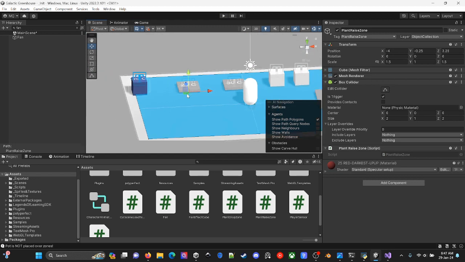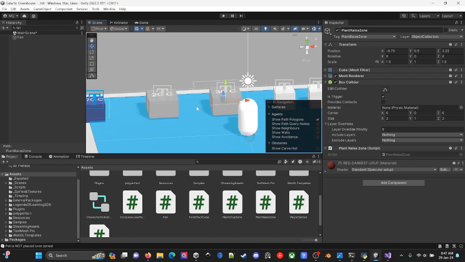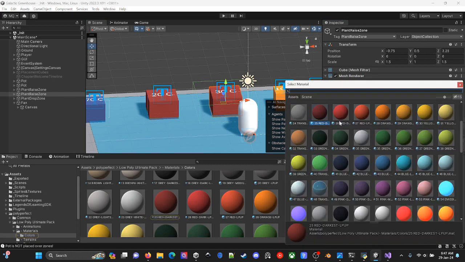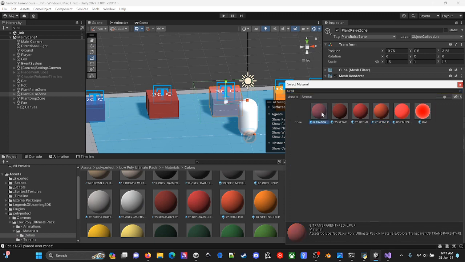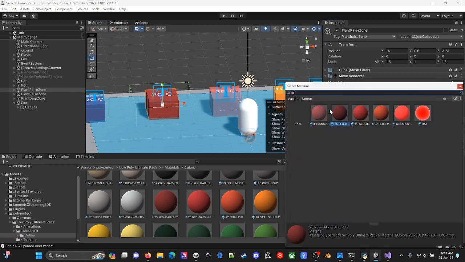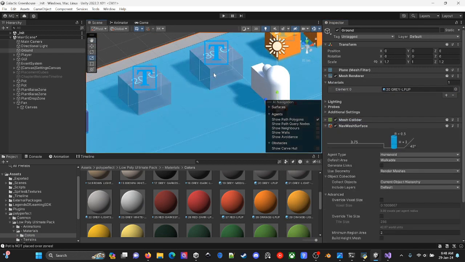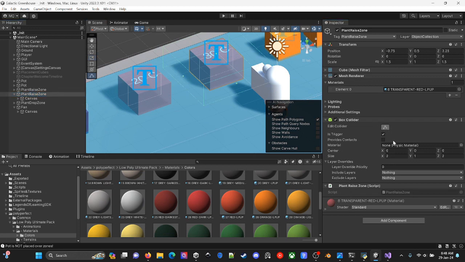First of all, this placement location, I do not like it and I want to update it a little more. I want to place it like this, like a cubicle, a safe area where you can place your cube inside it. And let's just make it a renderer, and make it transparent by having a transparent red. And I do not want these areas to be walkable. I changed the rules for the